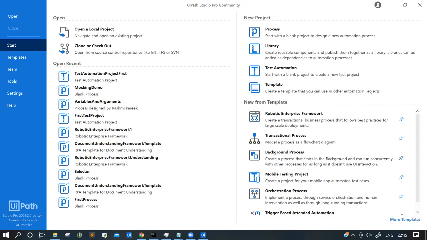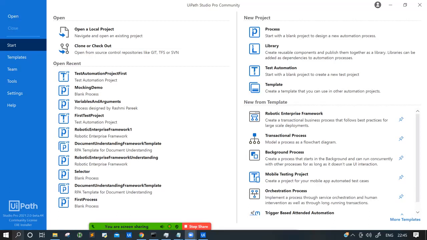You can schedule your process, and you can run the same process on multiple machines. There are different flavors of Orchestrator that we can see in depth later. Since this is the Studio class, I'll stick to Studio. And another one is Robot. Robot is something which helps Studio run the process. Studio is to write the code, and to run that code, you need help from a robot.